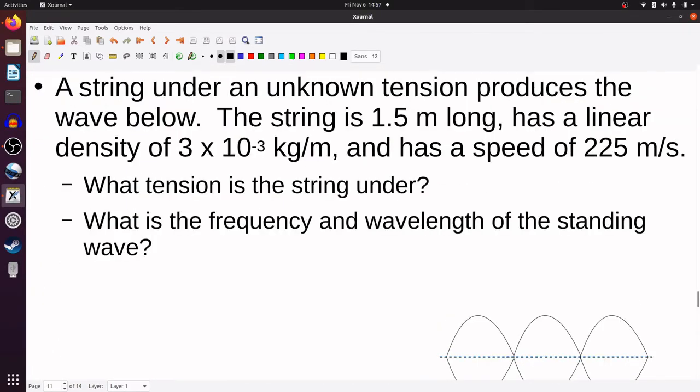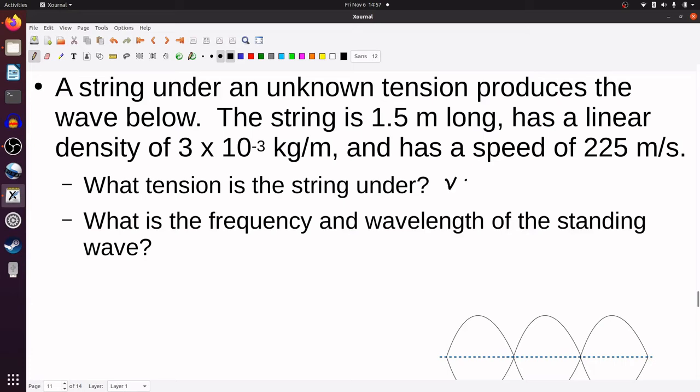We have a string under an unknown tension, which produces this wave below. The string is, let's say, 1.5 meters long. Let's say it has a linear density of 3 times 10 to the negative third kilograms per meter. And let's say the speed is 225 meters a second. We want to figure out the tension the string is under and what the frequency and the wavelength of the standing wave are. Okay, so it's been a while,